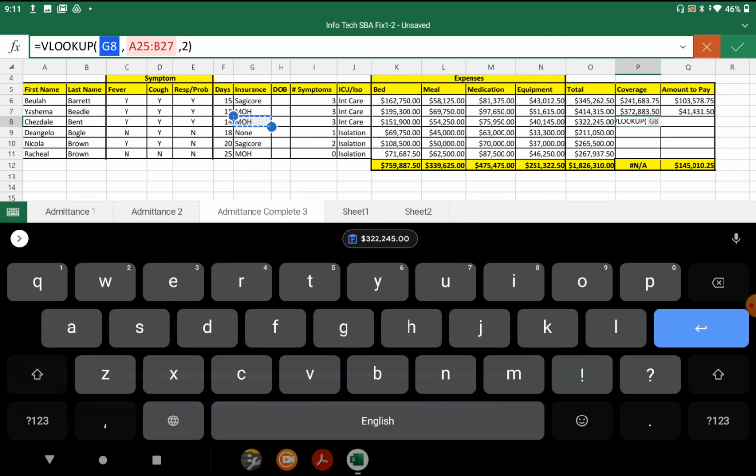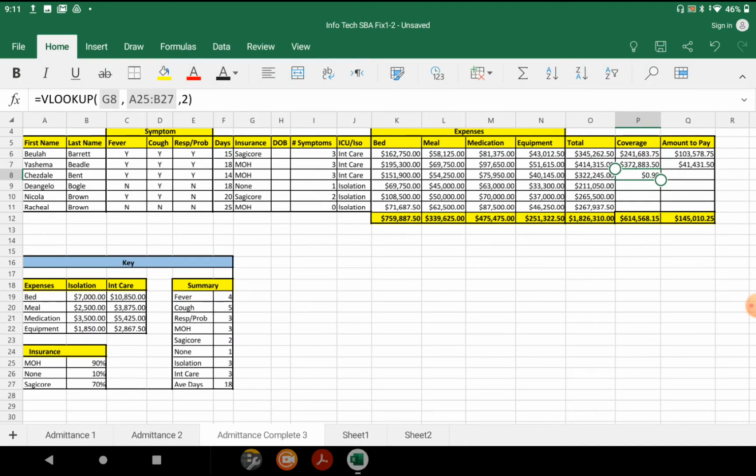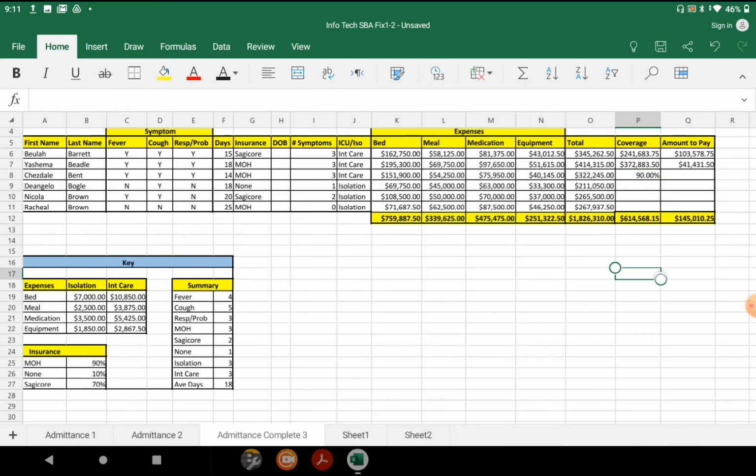Alright, so once you do that, now you're supposed to see the 90%. In this case, it's showing as $9 because I never formatted it before. It's showing as $9, but it's a percent. Alright, so you see the 90%. But I don't want the 90% to show here. What I want is the 90% of this figure here, so for that